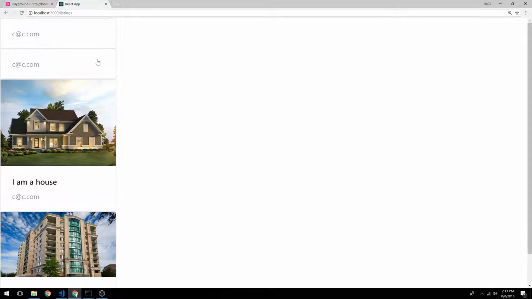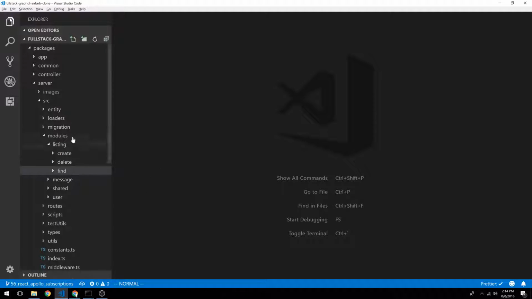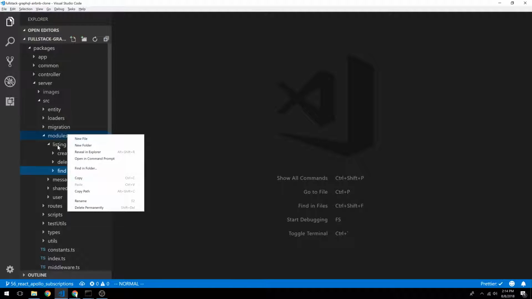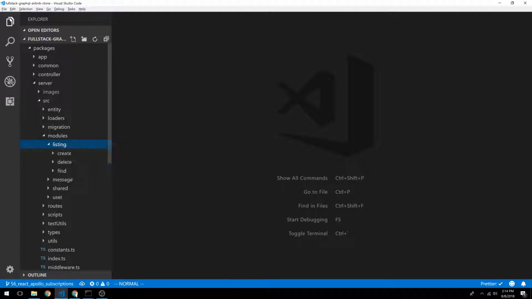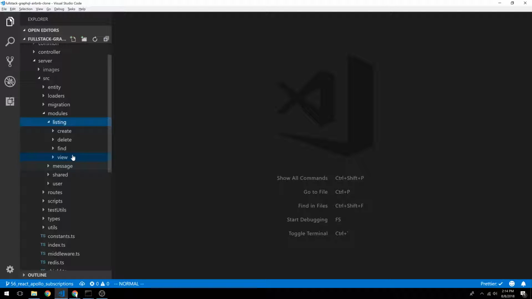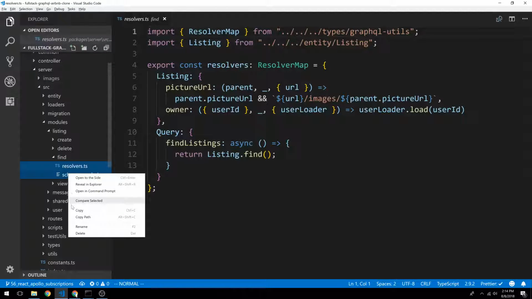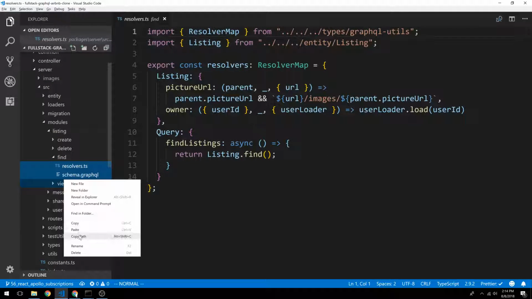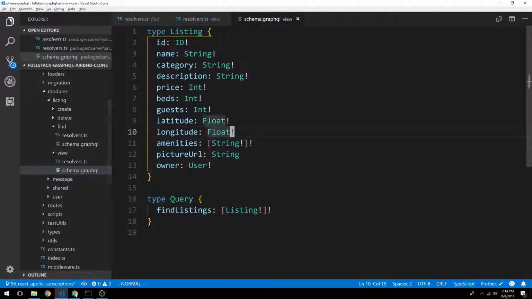and we're going to start off in the back end to create a query to be able to do this. So I'm going to go into the modules under the server and create, under listing, a new folder called view. And view is basically going to be the same thing as find. So actually we can just take these two files, copy, paste them in view. The only difference is I'm going to call this view